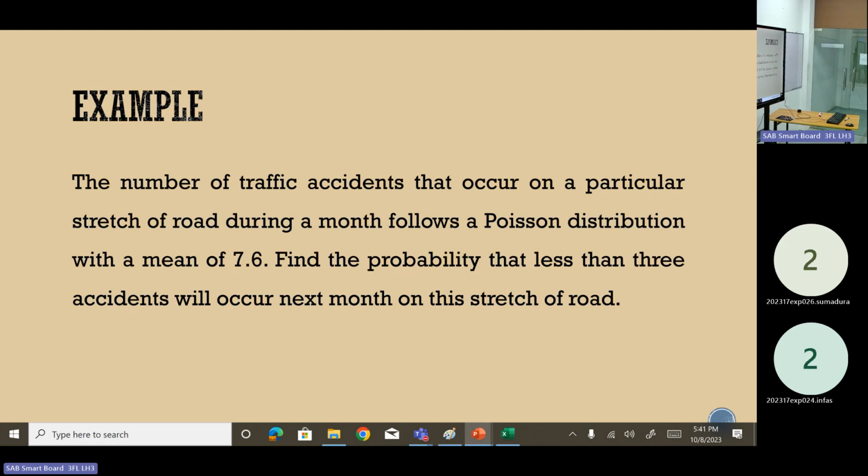Number of traffic accidents that occur on a particular stretch of road during a month follows a Poisson distribution with a mean of 7.6. Find the probability that